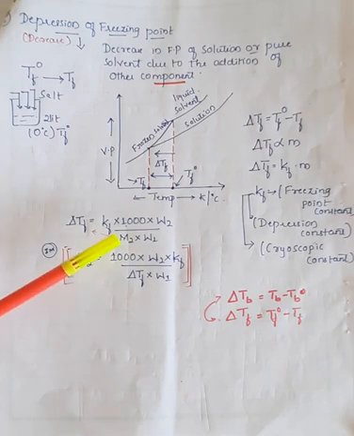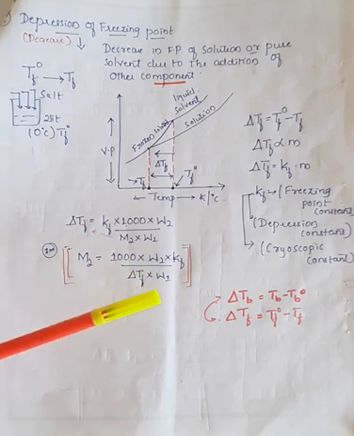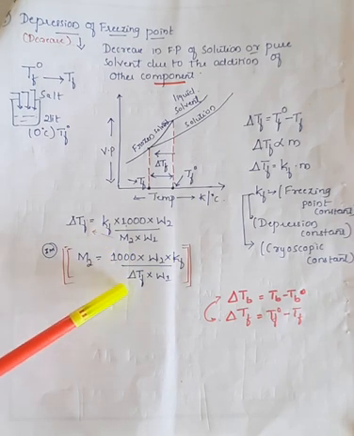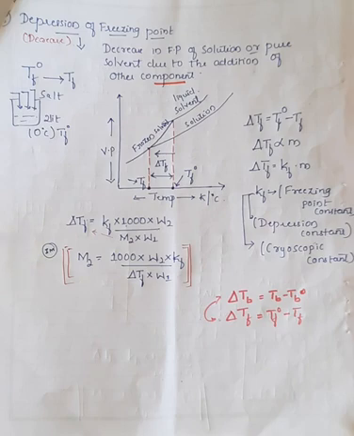Therefore M2 is equal to, I can cross multiply this, I can take this denominator value to the numerator on the left hand side and this delta TF to the right hand side to the denominator. So M2 is equal to 1000 into W2 into Kf divided by delta TF into W1. From this also you may get the 3 mark. The problematic question will always be on the colligative properties. It may be on the relative lowering of vapor pressure, it may be on the elevation in boiling point, or it may be on the depression in freezing point, or it may be on the osmotic pressure also, right?